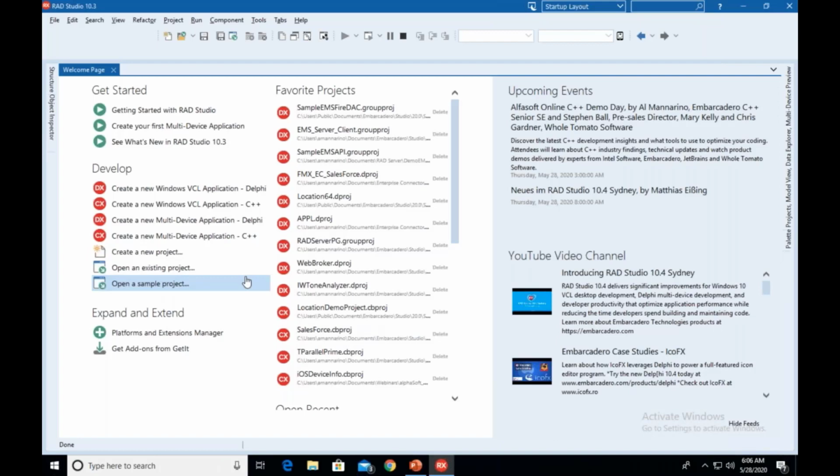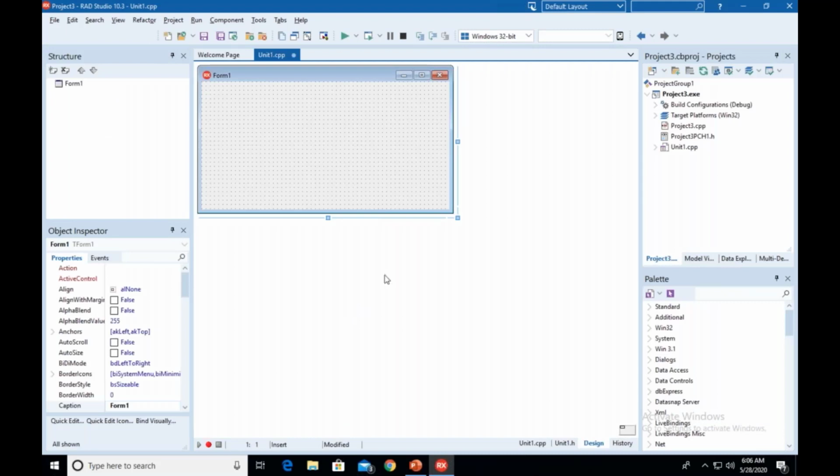So here we're looking at C++ Builder version 10.3, and we can see from the main welcome page that you can create new Windows VCL applications for C++, or you can create new multi-device FireMonkey applications from C++. So let's start and create a new Windows VCL application for C++. So here we get a new project with a blank form,